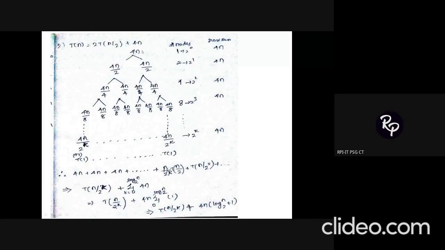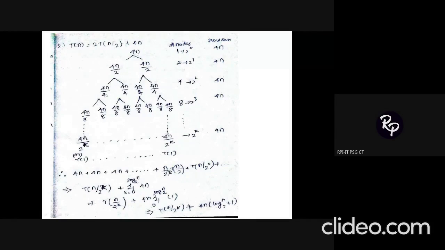So this is what I told you. Whatever f(n) value is given to you, the same f(n) value you will have as the root node. So I have 4n, and then divided by 2 I am going to have. So every time it gets divided by 2 and my a value is equal to 2, so my number of subtrees is going to be 2. So 4n by 2, 4n by 2. No need to simplify the values. Just have it as such. We'll be simplifying it when we are able to arrive at a common pattern.